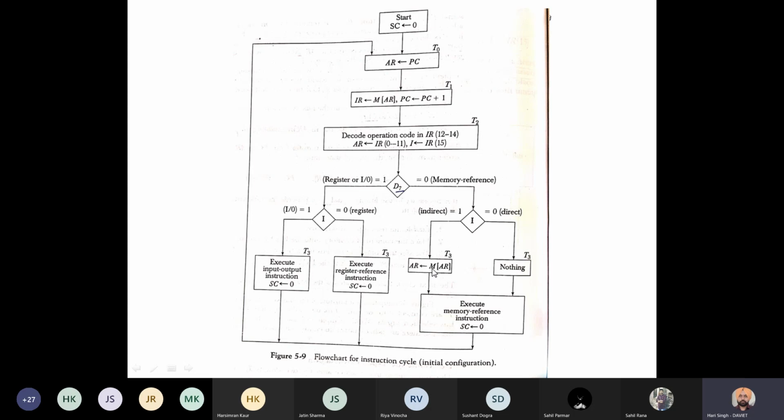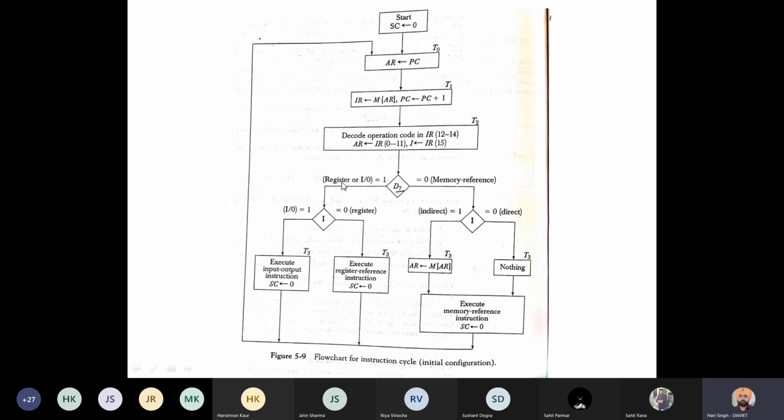Now what was in the AR register before? It was having the value available in the IR register from bits 0 to 11, that is 1 to 3, which we wrote in the example. That is placed in the AR register as 1 to 3. Then from that 1 to 3, 4, 5, 6 is obtained. 4, 5, 6 is the actual address from where the byte is to be obtained, and then the instruction is executed. After execution, the counter is again set to 0.